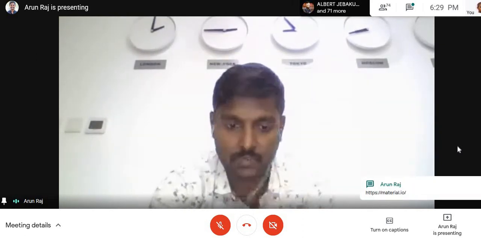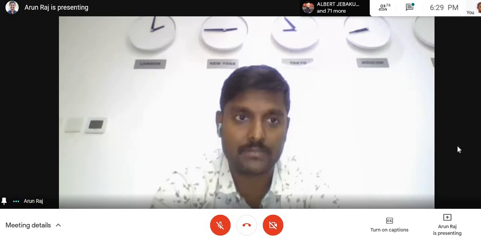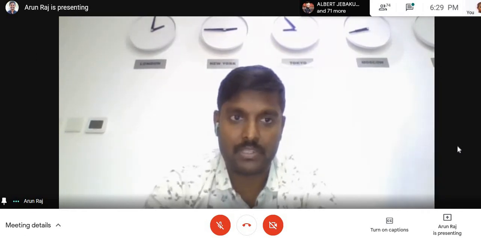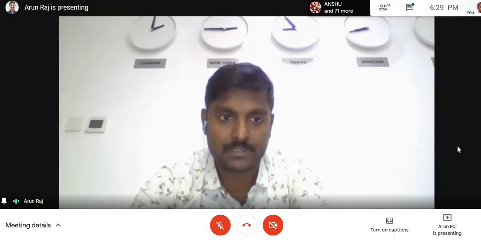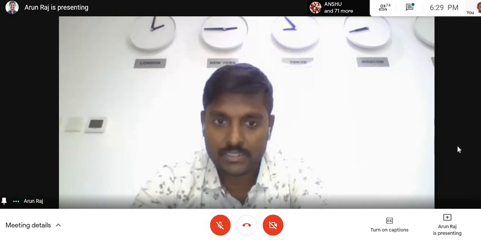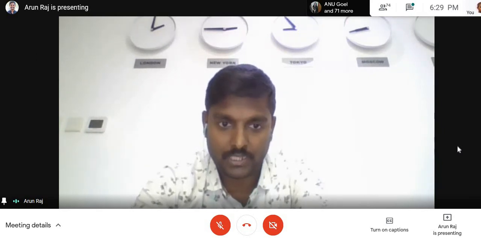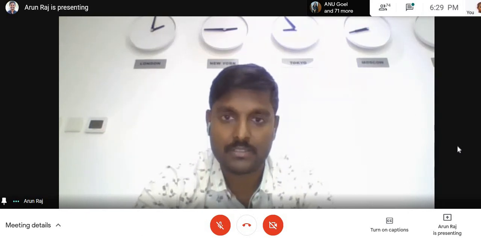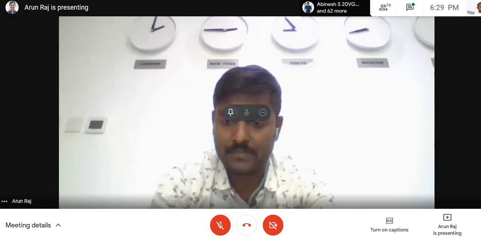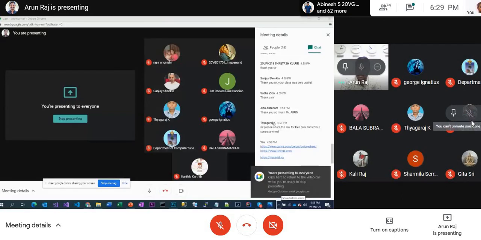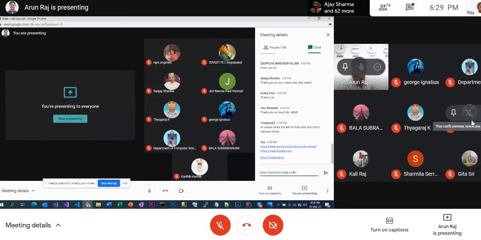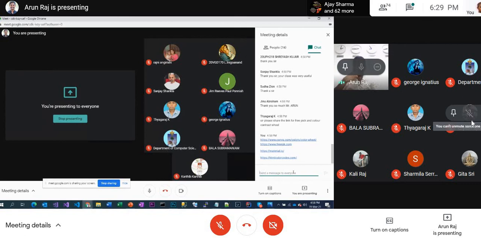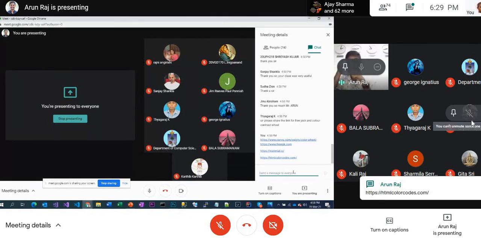This is how we select the HTML colors for the UI as well as designs. Material design, yes, here you can see that. Okay, I just shared the link. Just go through it whenever you have time.